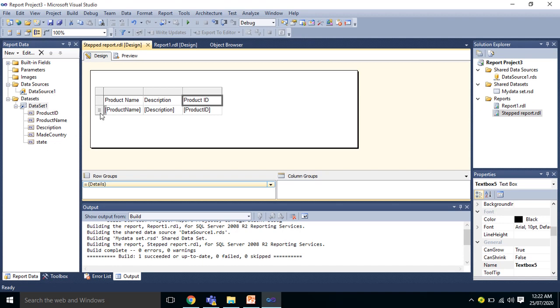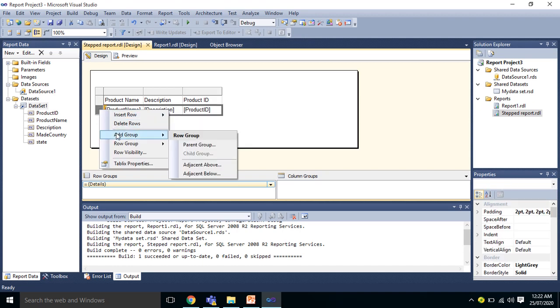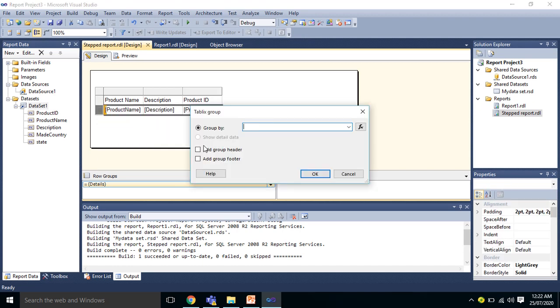So how to add the group here? Where you see there are three lines, we have to right click on that, go to add group, click on parent group. Now here it's showing group by. So we are going to group by country, so I'm selecting country here.